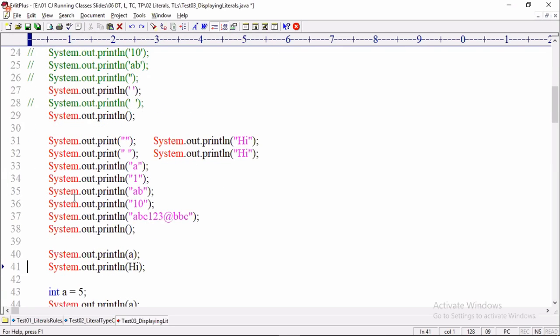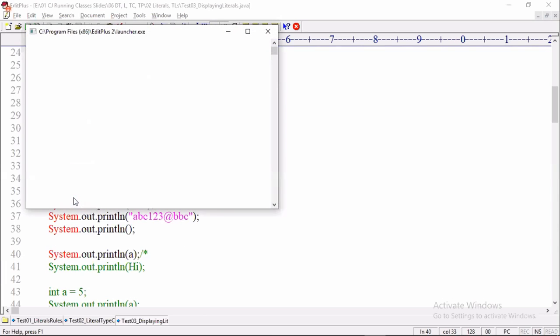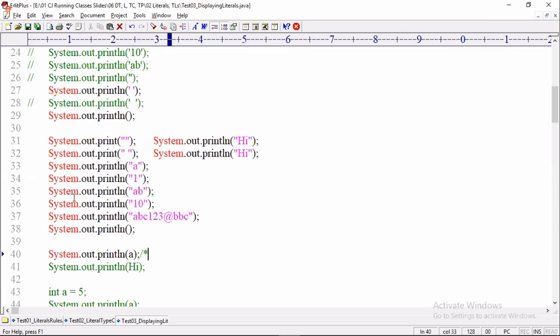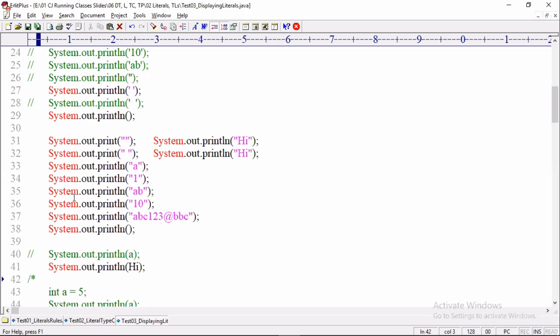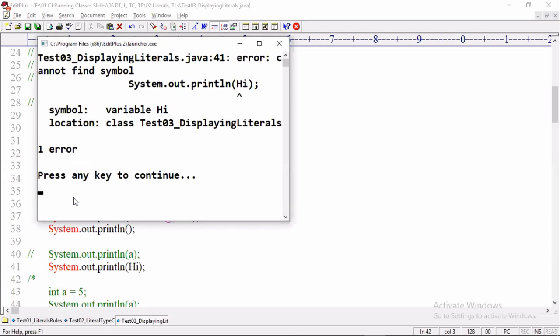And tell me, just A, is it allowed? No. Compiler considers it as a variable name. Compiler throws an error. A single letter without single quotes is considered a variable name. And tell me, multiple letters without double quotes are also considered a variable name. Now